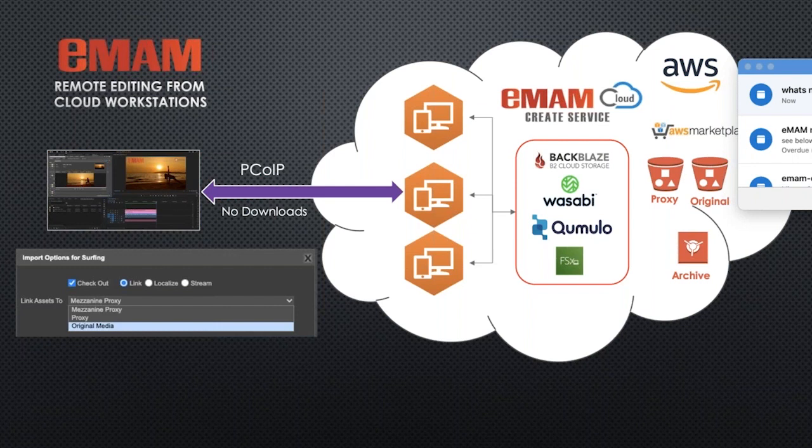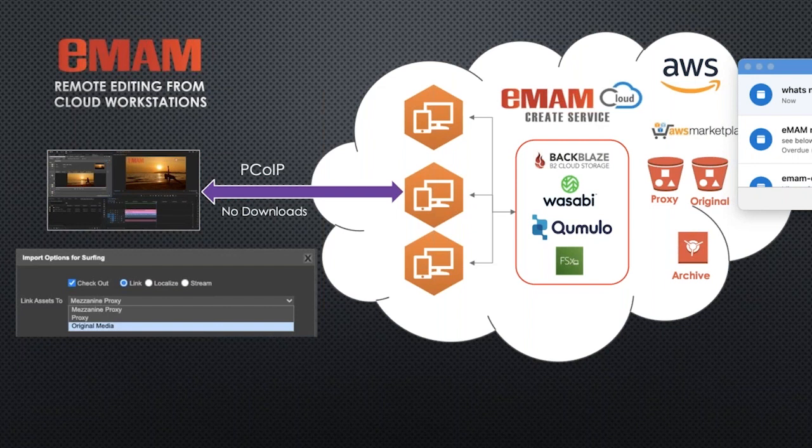And in the lower left-hand corner, now you have a bunch of options on what you do with the media. You can check out the media, grab it, put it on your workstation, edit it away. If it's local, like if it's on a local SAN or NAS, you can link to it. You can localize it in a similar kind of fashion, or you can stream it. So using a drastic media reactor, we can stream from S3 buckets. So now you don't have to download the media, but you can look at the media